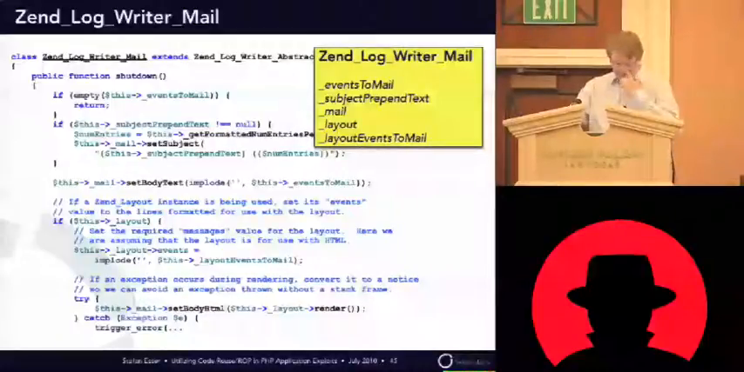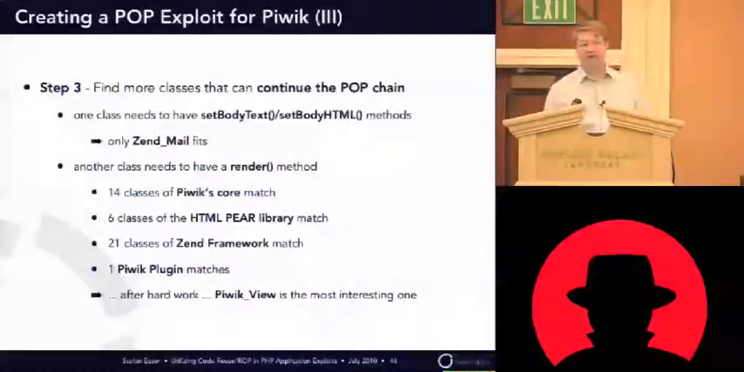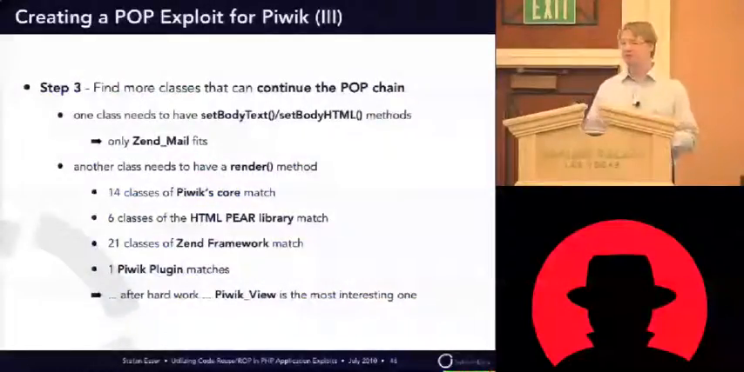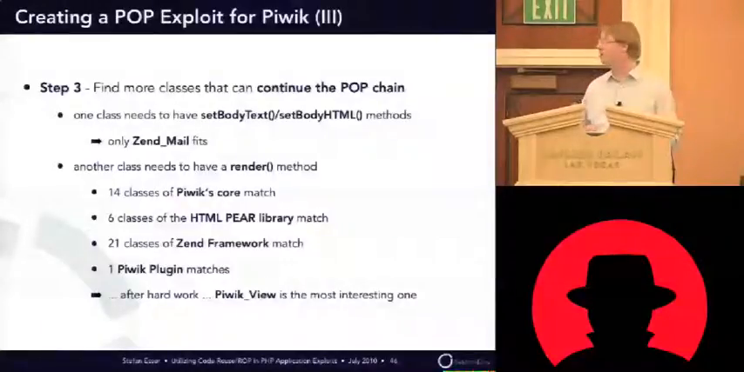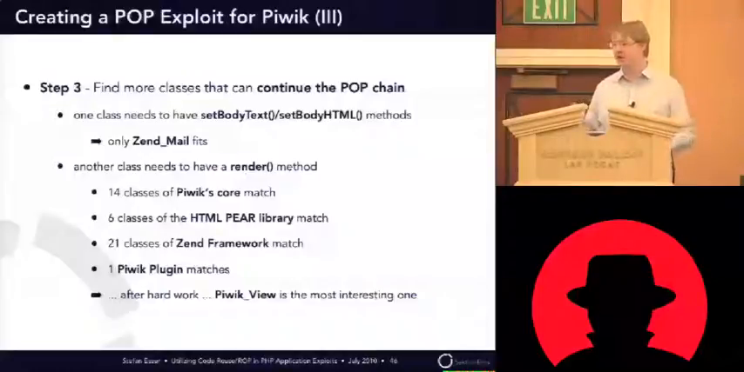But we want to have more. We want to have more control. We want to have code execution, so we continue. What we have to do now is find, for each of the properties that is usable, which is mail and layout in this case, fitting objects to put in. For the mail property, it's very simple because only the Zend_Mail class will fit, so you just put it in there. On the other hand, there's the render method of the layout property, and the render method